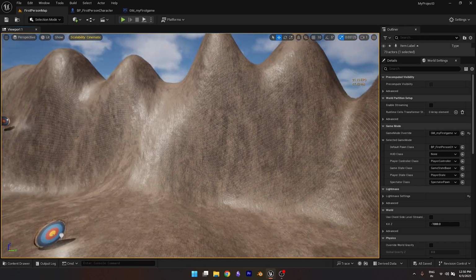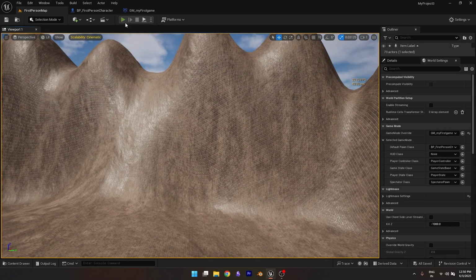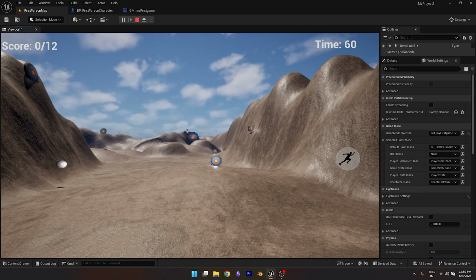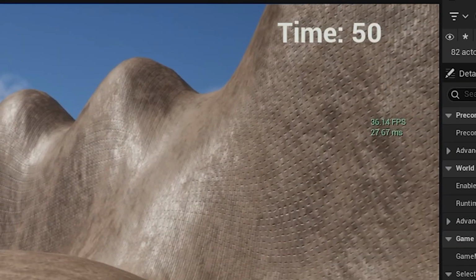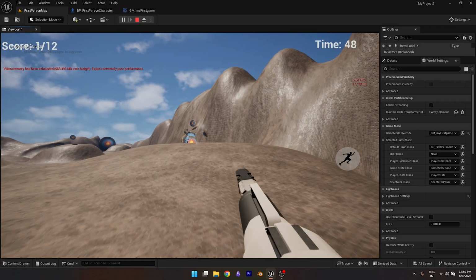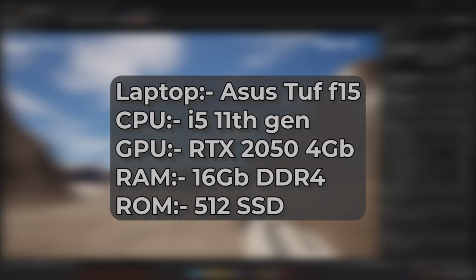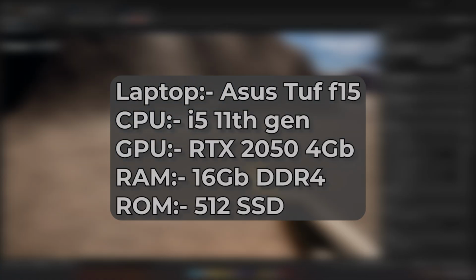Today we are going to fix Unreal Engine 5 lag issues. So right now I'm running it with default settings, and as you can see we are getting below 10 FPS. After rendering it goes up to around 30 but then drops back down again. So let's fix that. Here are my laptop specs, just so you get an idea of the setup I'm working